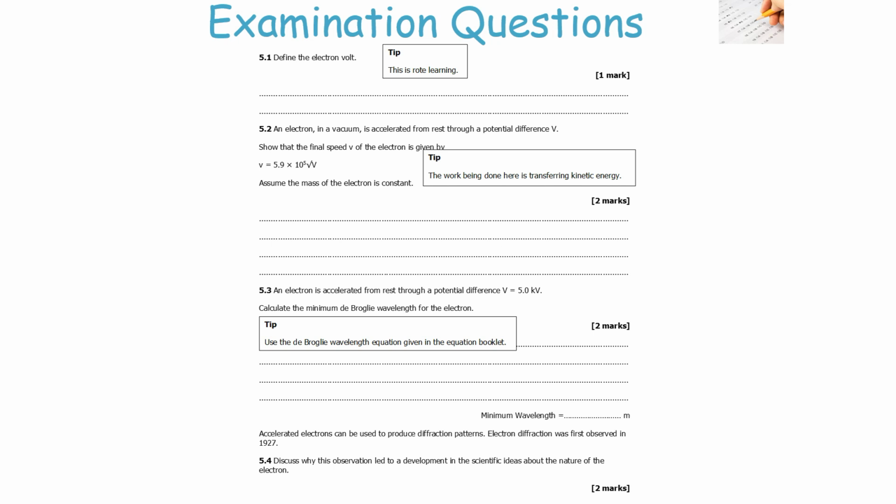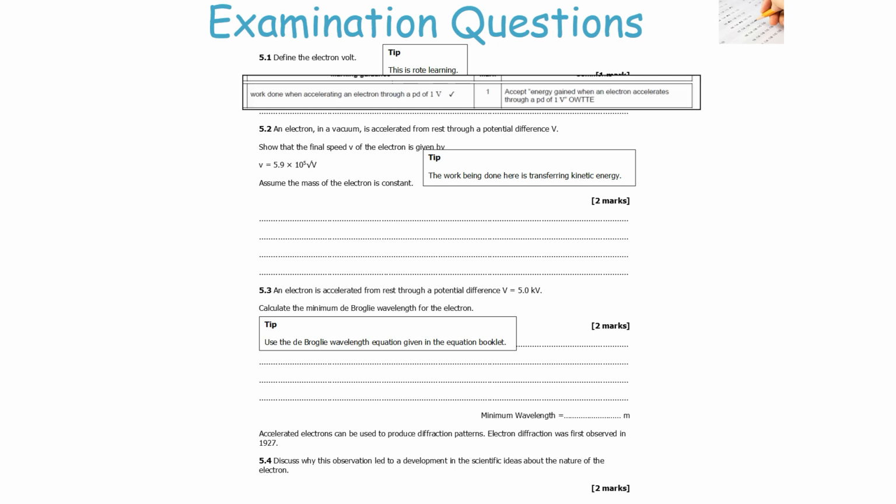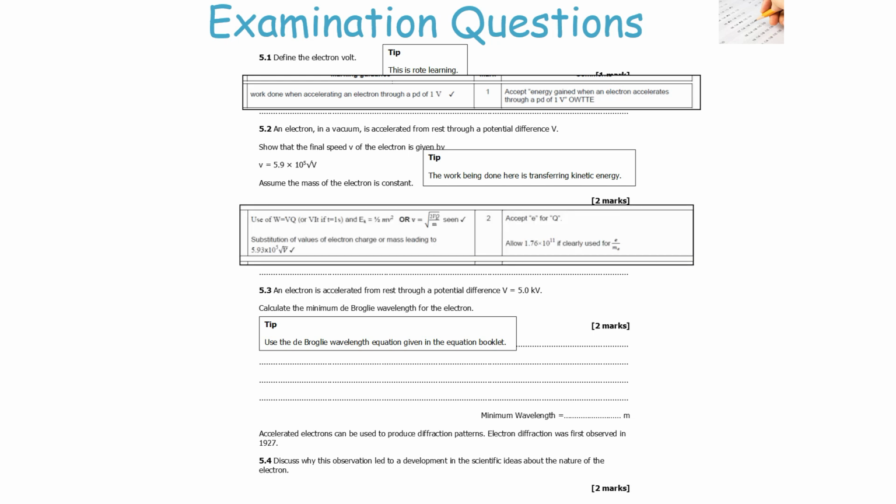So the first one is just rote knowledge, you've just got to learn it. An electron volt is the work done when an electron is accelerated through a potential difference of 1 volt. Remember, a potential difference will always cause charged particles to accelerate through it. The next one, you've got to remember that the work done is equal to charge times potential difference. That's an equation you've just got to remember, and therefore we know